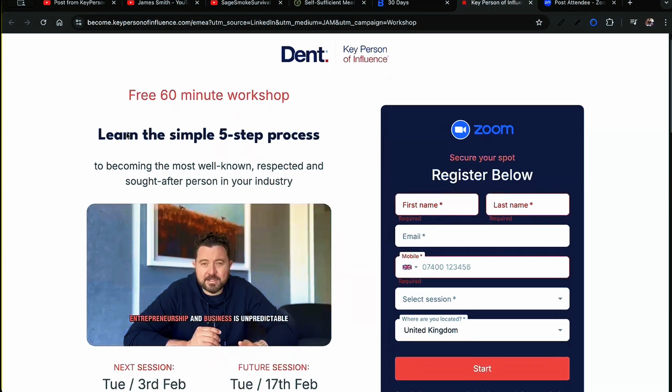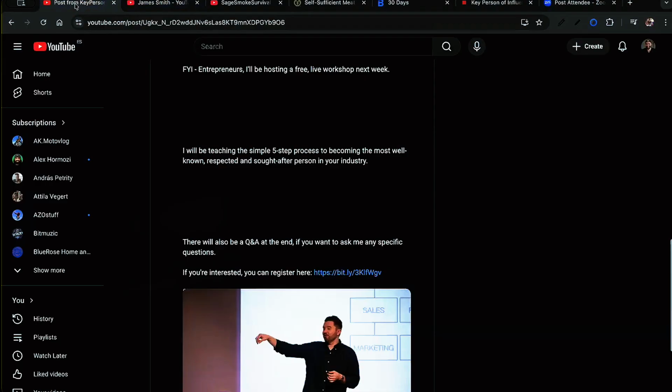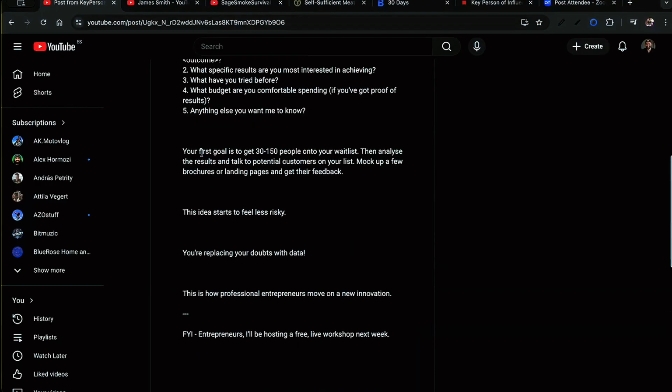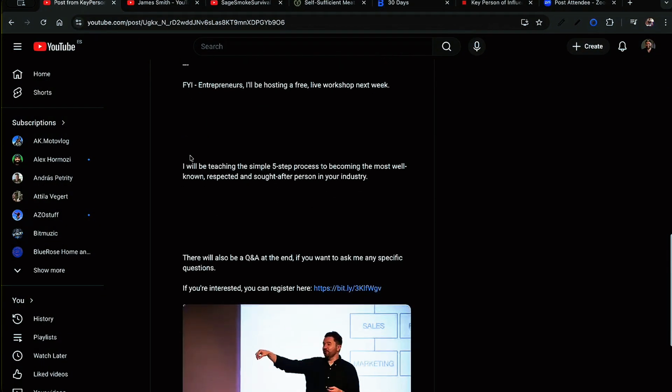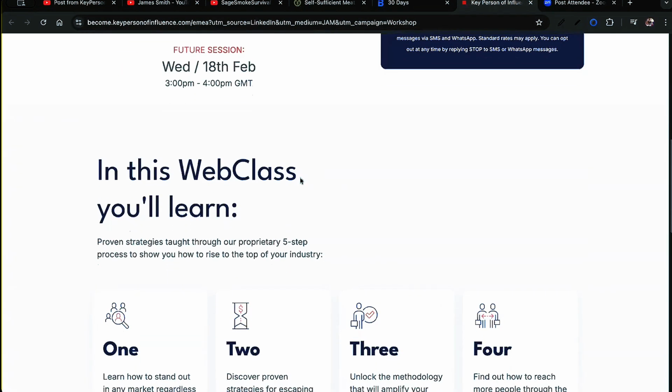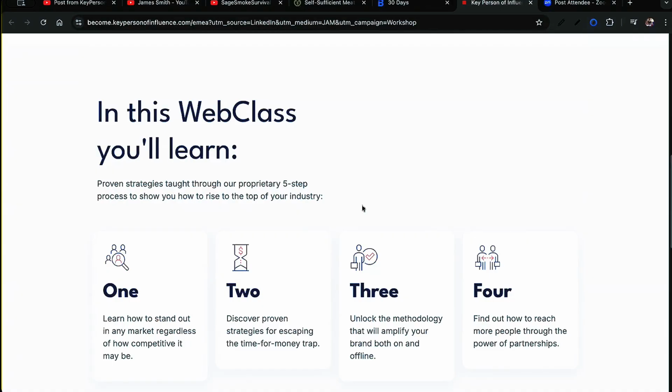Yeah, whether you like it or not, this is totally useless. Why? Because this should be able to tell you why you should register for this event. Although it's free, it's a workshop, and this is what you're going to learn, this should be enough of an incentive for somebody to join this event. Unless, obviously, you run ads, but he actually posted this here. So he just used all this to tell everybody why it's important for them to join the event. So I don't understand why you need all this extra scrollable thingy.